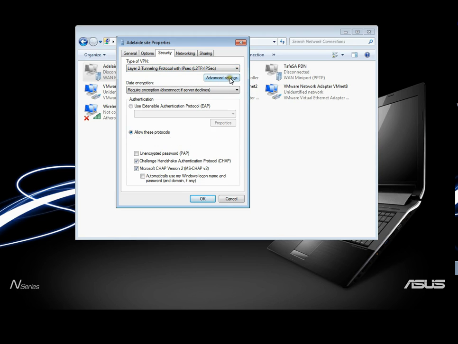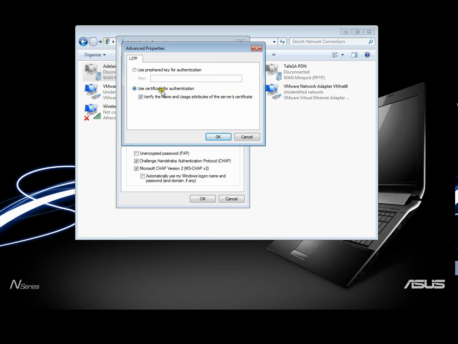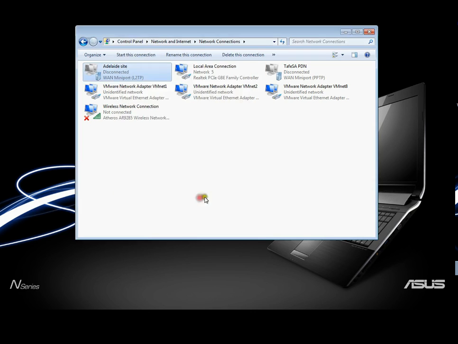L2TP over IPSec, and in advanced settings, instead of using a certificate for authentication, we're going to use a pre-shared key. And if you remember, that was PSK Demo. It's case sensitive, so make sure you type in the same case you set it in the first place. So basically this pre-shared key is used to encrypt the VPN tunnel even before we log in, before we authenticate as our user. So we'll click OK, and we'll click OK here, and we'll right click and connect,